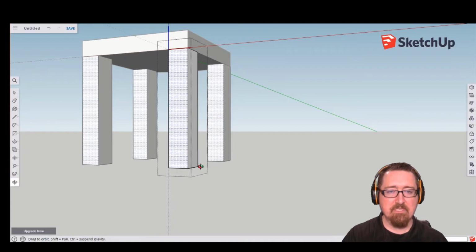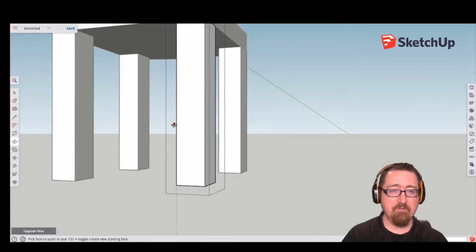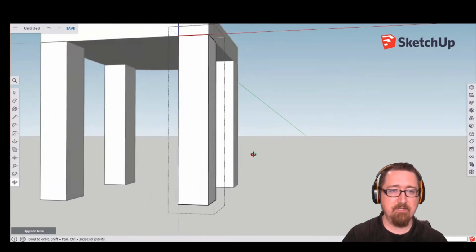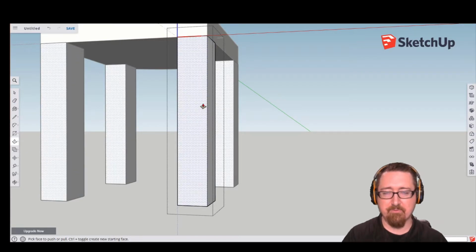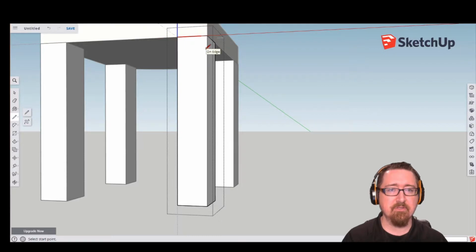Okay. Now at this point in time, we are going to create a lathe pattern, if you will, or a quasi lathe pattern for our object, and we're going to use the follow me tool to fancy this up. So in this case, what I would recommend doing is getting out a line tool and just coming in here and drawing